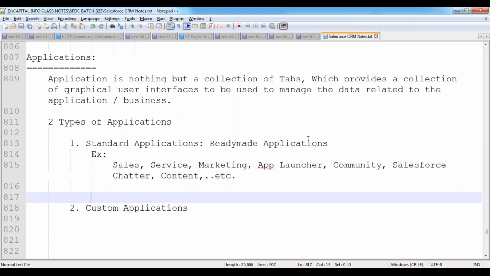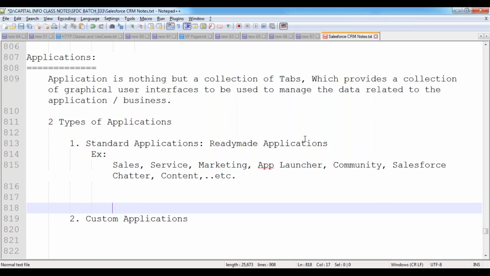Now, in this case, you can raise a question. Sir, can I add some more features inside these applications? Yes. As part of the sales application, we have so many features. As part of the service application, so many features. As part of the marketing application, so many features are available. So can I extend those features? Yes. What are the standard given by Salesforce? Those we can customize. Customize means we can add some more additional enhancements also. We can leverage the functionalities of those applications given by Salesforce by default.